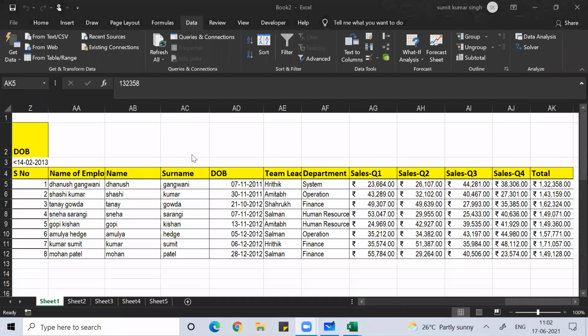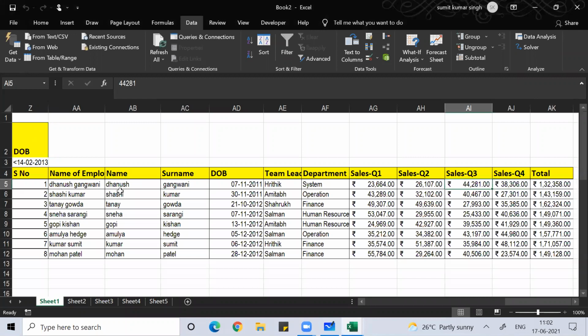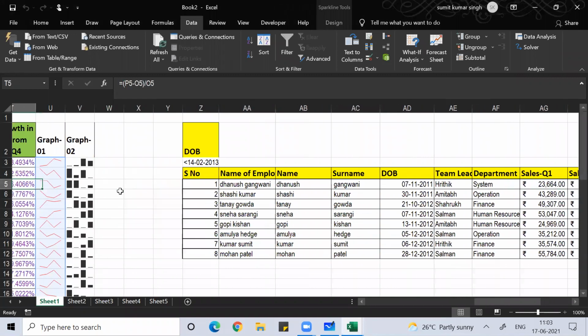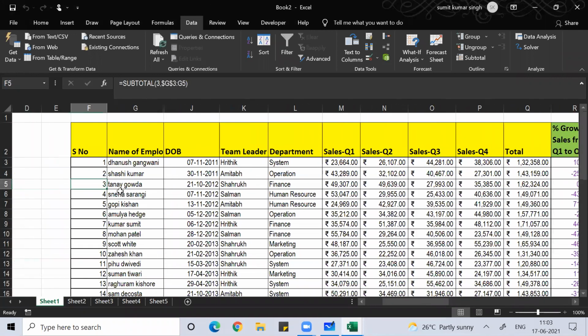Okay, you understood, right? Now, suppose, guys, this was the same sheet. Suppose I want the same thing on another sheet, not on this sheet.